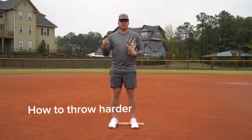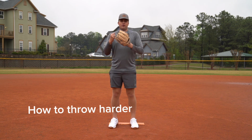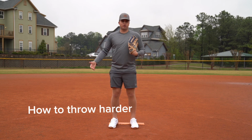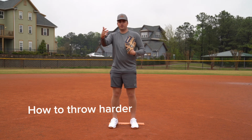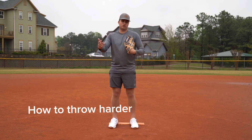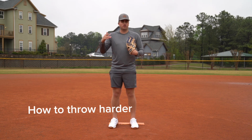Number three is the meal plans. What I recommend to all my players that I work with is definitely eating more than what you're doing right now, because a lot of you guys are underweight. 99% of you are probably underweight, which I'm assuming because that's most of the guys I work with. So you need to be eating a calorie surplus of 500 to 1,000 calories a day,